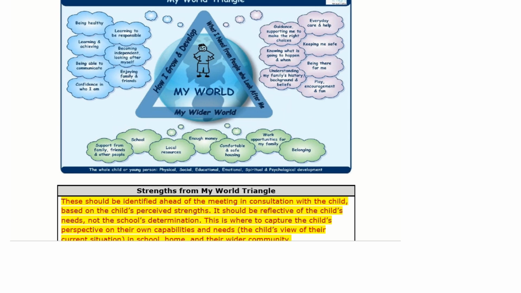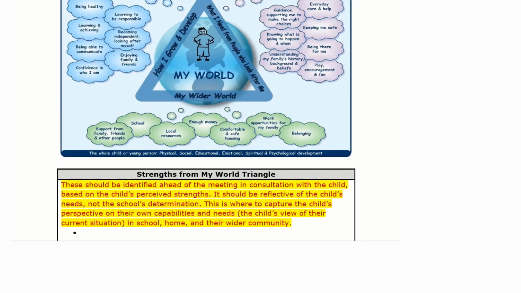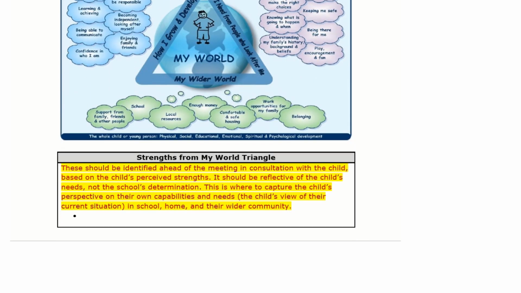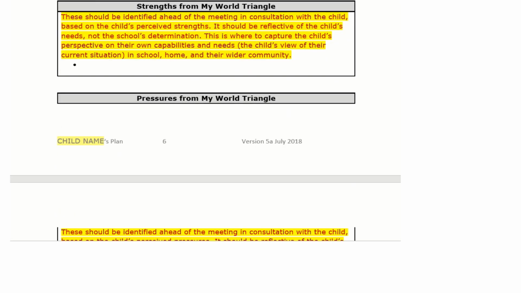So someone should be doing this, a professional should be doing this with the child ahead of the meeting, if the child will work with a professional, and if not, then this has to be explained really well to a family member, but it should be done ahead of the meeting with a professional. So the strengths from the My World Triangle, which are all these different areas here, and the pressures are also recorded further down. So the pressures,